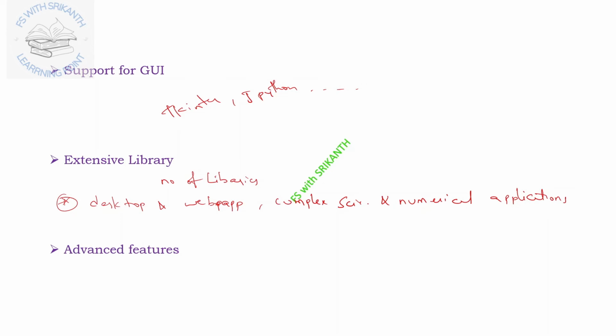With the help of these Python libraries we can develop desktop and web applications, complex scientific applications and numerical applications. Python is used for data analysis, and we can design big data and machine learning applications, data visualization libraries and APIs, artificial intelligence and natural language processing tasks. With the help of many libraries for different tasks,